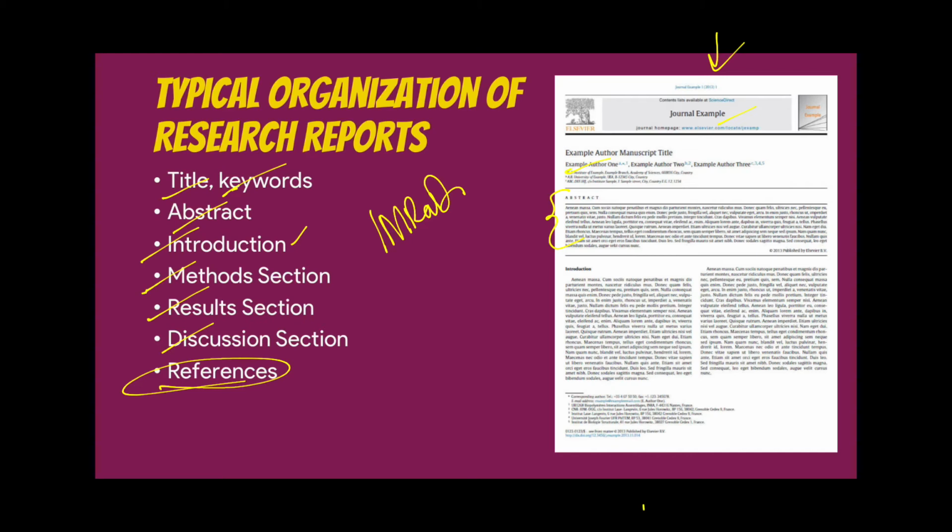And then after that, you have the method section that tells you what design and what methods the researcher used, what data did they collect, how many people were engaged in the study, what analytic tools were used, those kinds of things. And then you have the results section, wherein the researcher presents all of the numerical or narrative results